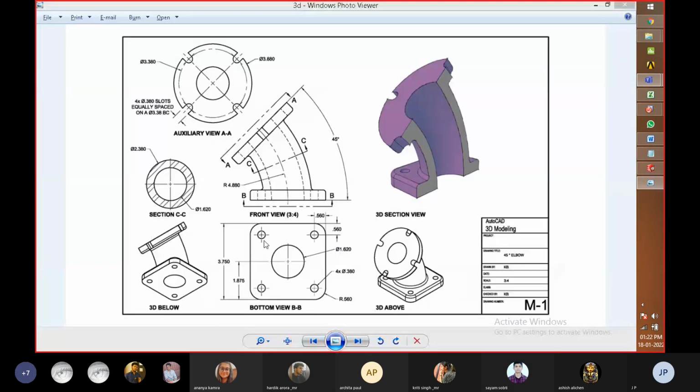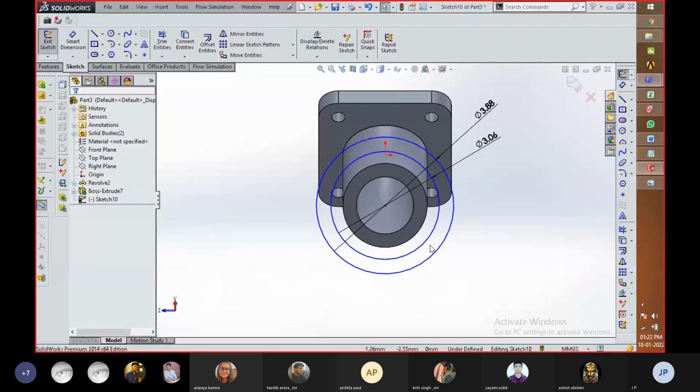We need to create a circle at these corners. So for that, I'm going to create a circle first.